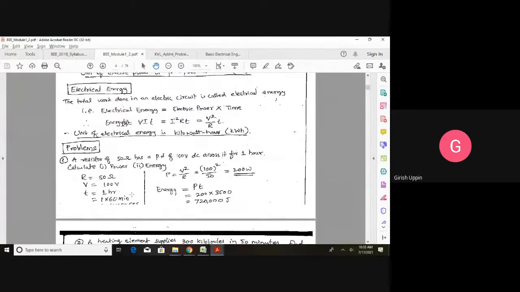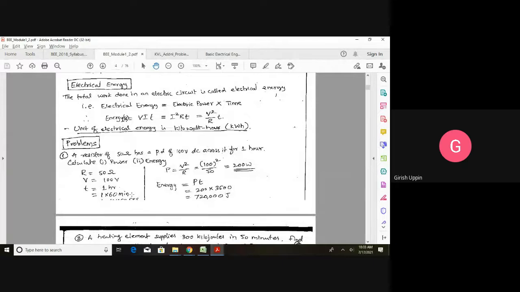That is the unit. Then what is the electrical energy? Electrical power is rate of doing work, and electrical energy is total work done. Total work done in an electrical circuit is called electrical energy. How to find the total work done? Power into time. Say the machine took 10 minutes. So how much energy did it utilize? The power into the 10 minutes time. So electrical energy is equal to electric power into time. And electrical power, we know, is V into I, multiplied by T. So the energy consumed